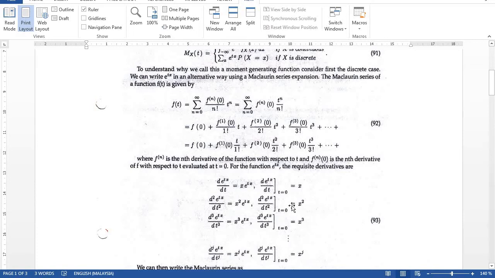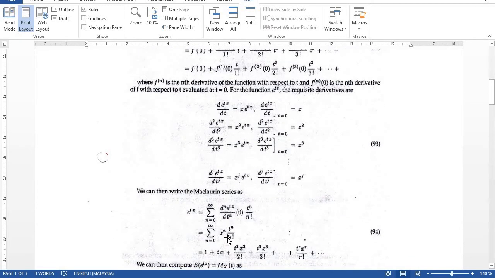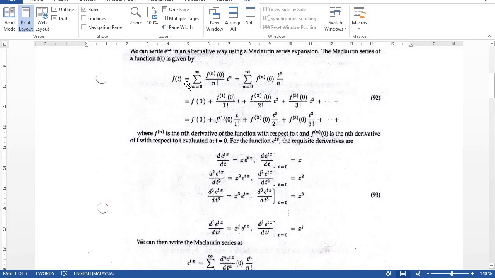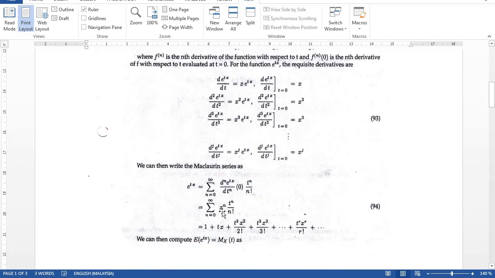Okay, so if we replace here, it will be like that with the power. So our f(t) is e^(tx). Okay, so applying the Maclaurin series. This is our Maclaurin series. Exactly, we apply it, putting the f(t) here, replaced with e to the power tx, and then solving as we just solved,